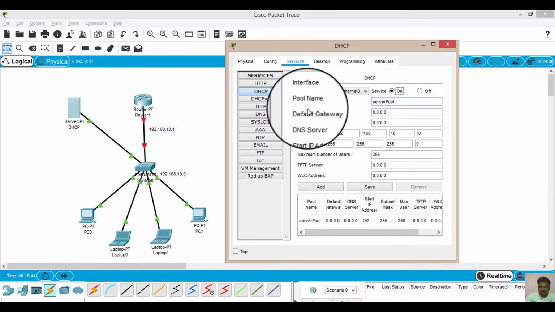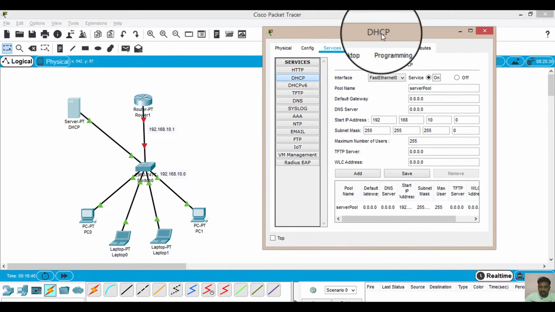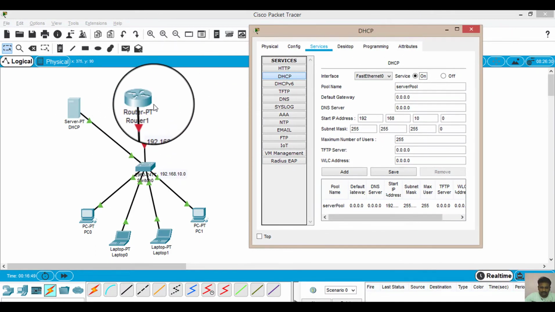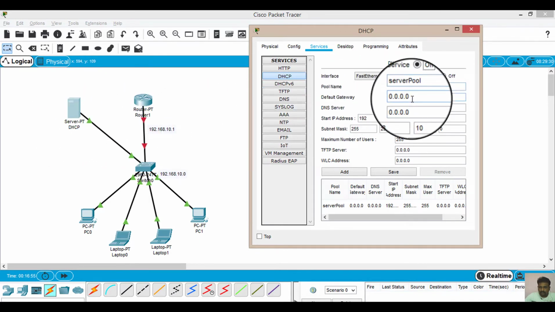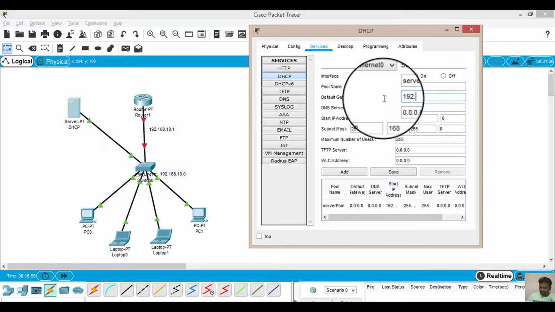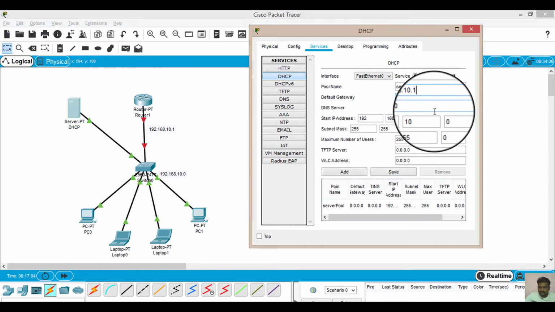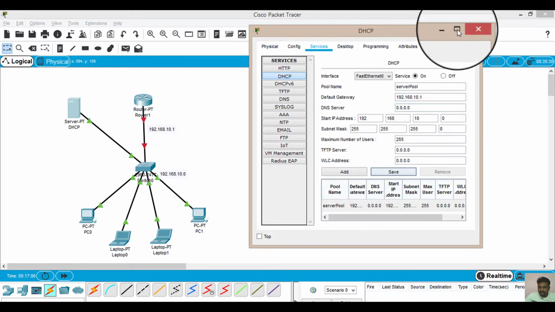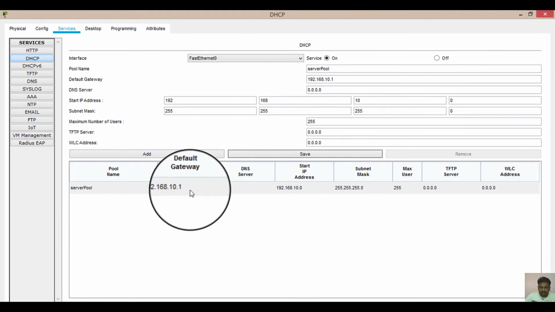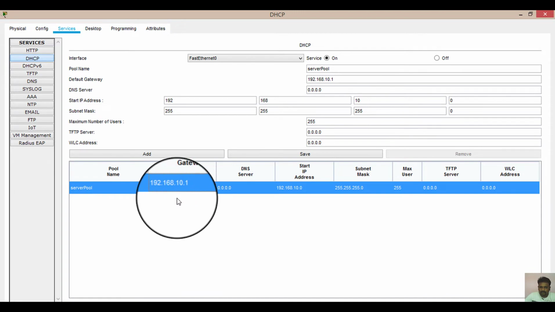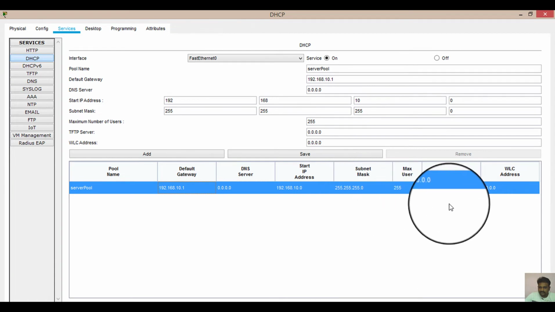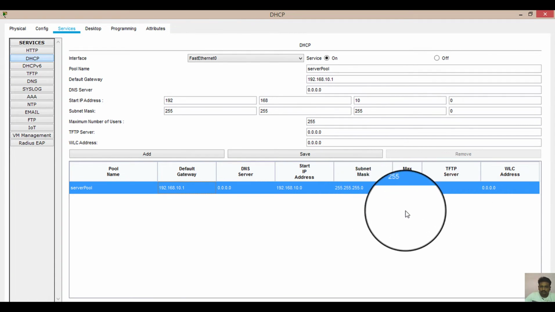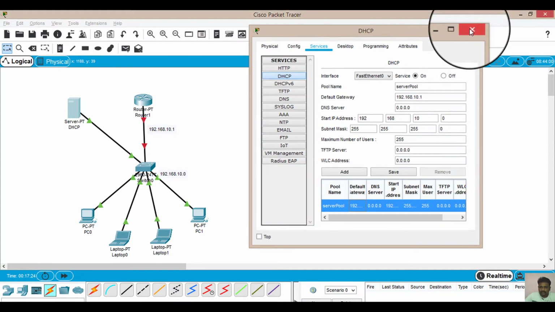Now here you can see that in the earlier part of this video we configured this router by writing certain commands. Same thing is there. There is a default pool name for this, that is your server pool. Now I have to tell what my gateway is. My gateway is 192.168.10.1. I don't know what my DNS server is, I haven't set it, and I will save it. Now you can see after saving, the pool name is the same, and the default gateway is now assigned, that is 192.168.10.1. Fine, and now the IP address will start from 10.0 and the subnet mask is this. The maximum number of users it is allowing is 255. Doesn't matter. We'll close it.